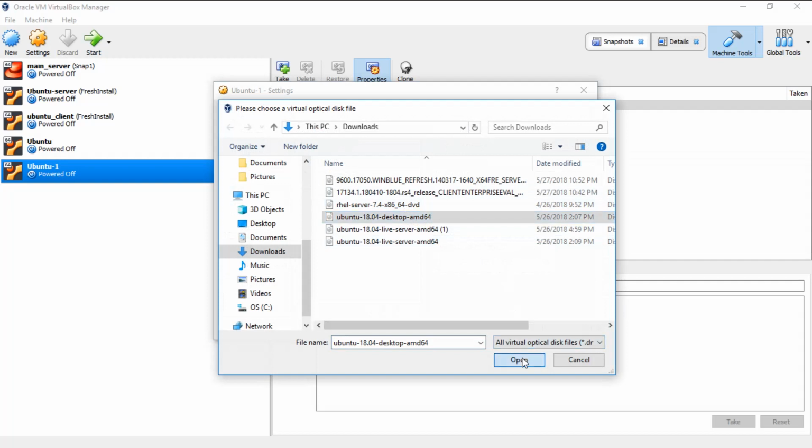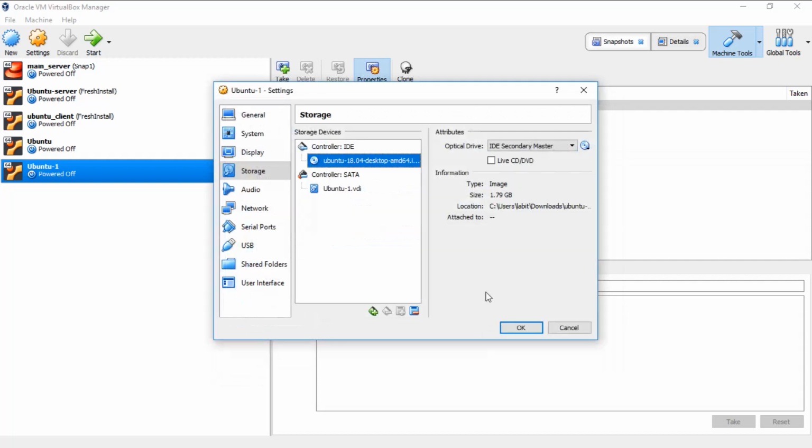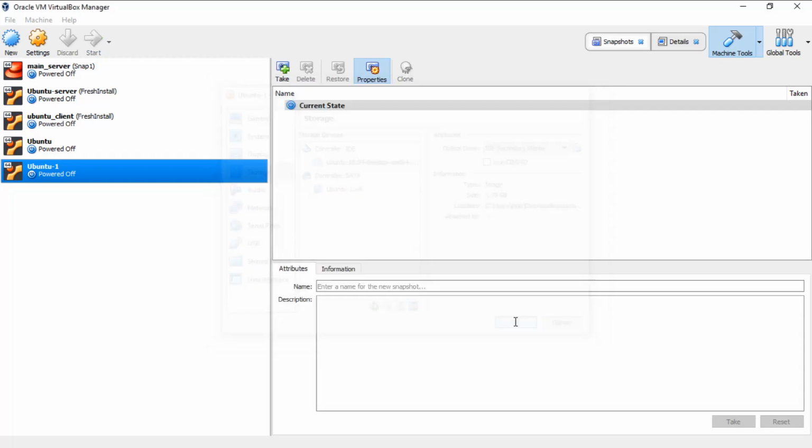Now this is akin to putting your operating system CD in the optical drive of your physical machine. Now I can click OK, and I can click start to start the installation of Ubuntu. Now for those of you who do not have an operating system image ready, what you can do is